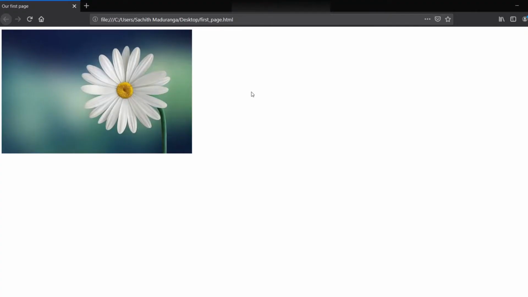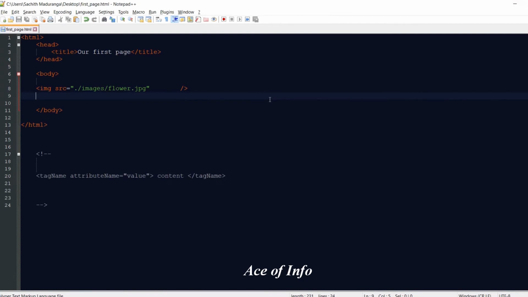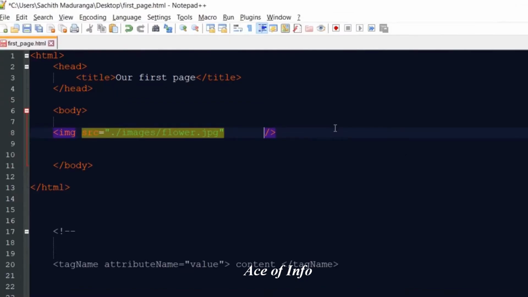Now usually an image doesn't have just one attribute, it has many attributes like width and height. Let's put a few. We have the src attribute, and then after a space I'm going to give it a measurement attribute called width, equal to, I will give it 400 px, let's say.